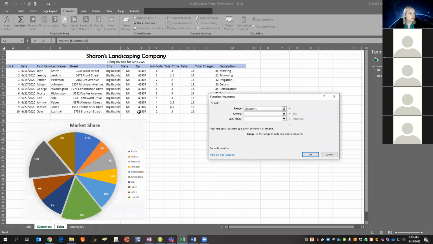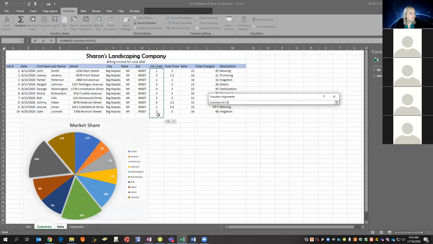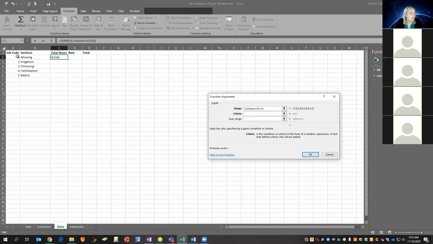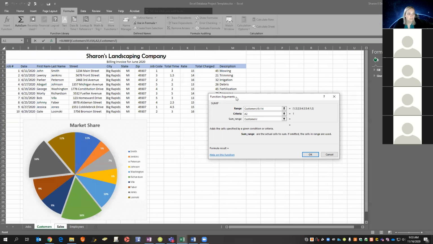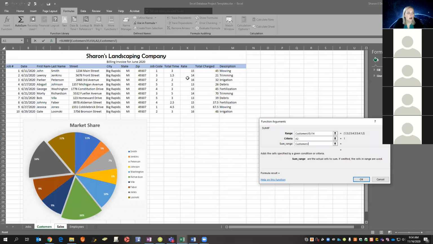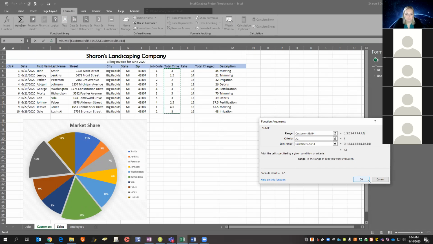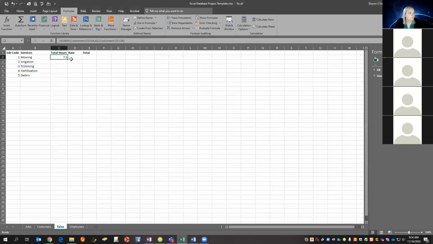Okay, remember our range was on our customer worksheet here. We're using I5 through I15, or I14, excuse me. Our criteria is going to be our job code here. And then our sum range is going to be, again, on our customers tab. And we are looking at our column J this time. So we want our total time. And we are doing our J5 through J14. So if I click OK,